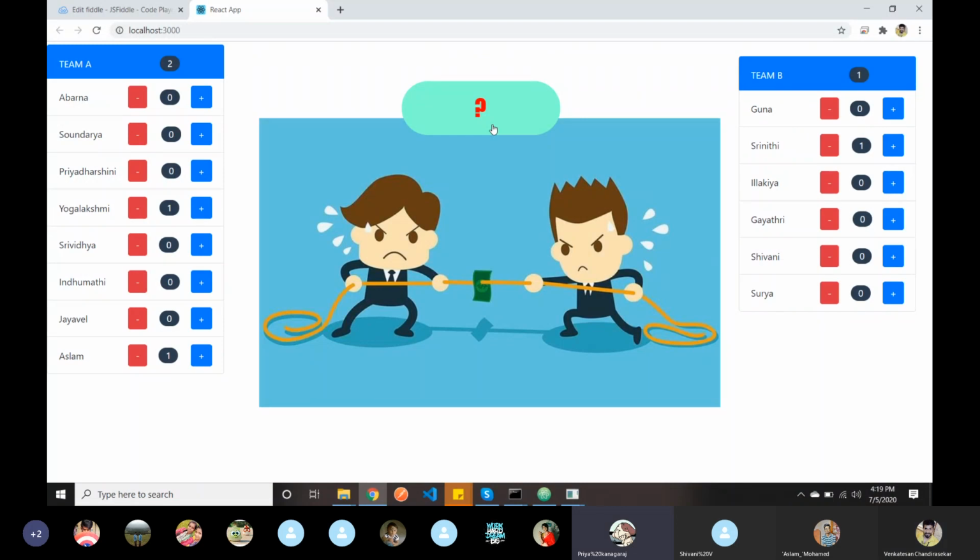Nope, wrong. What about the three dots? In your reducer, have you ever seen three dots? Yes, sir. That is the spread operator.